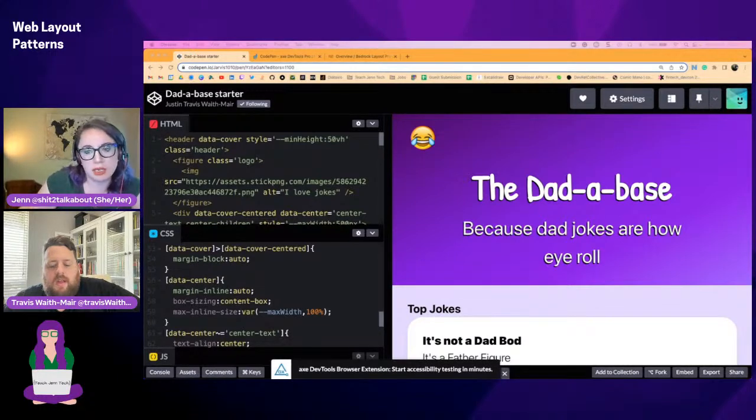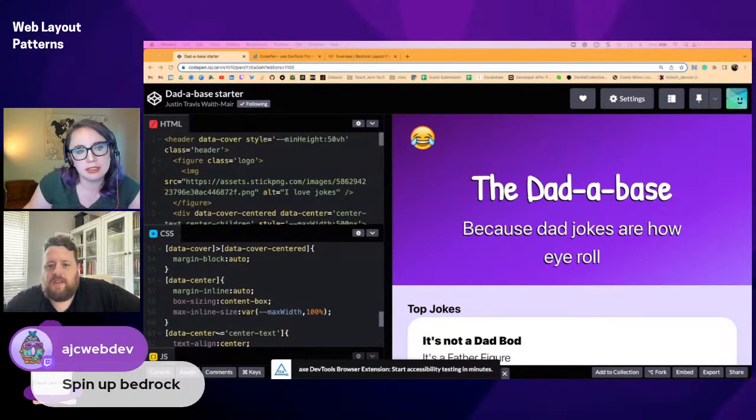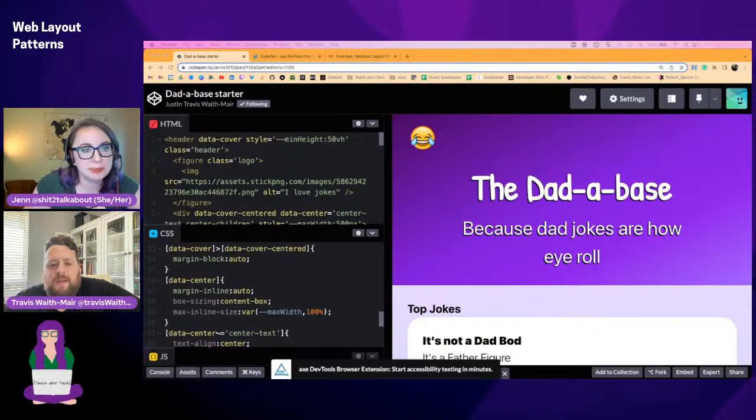Bedrock. Spin up Bedrock is what Anthony is saying. You want me to actually do it with Bedrock itself? Just so you can see the value of using Bedrock and not having to recreate these. Let's go into the settings up above there